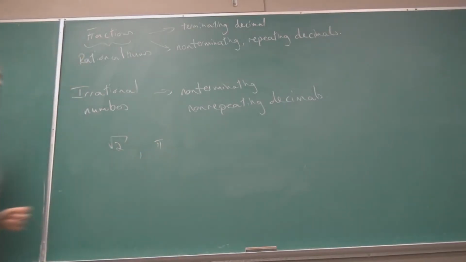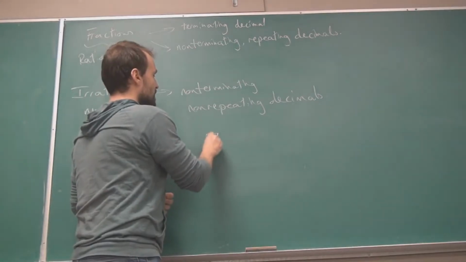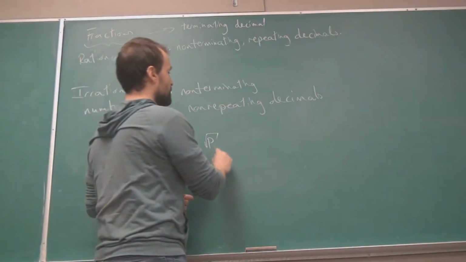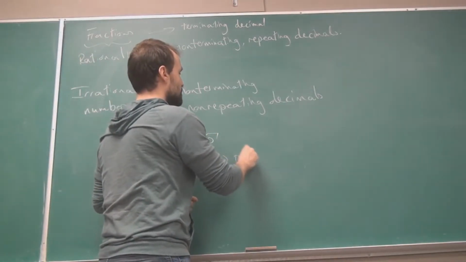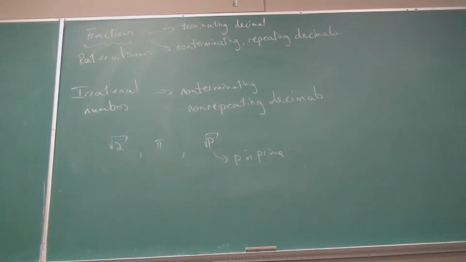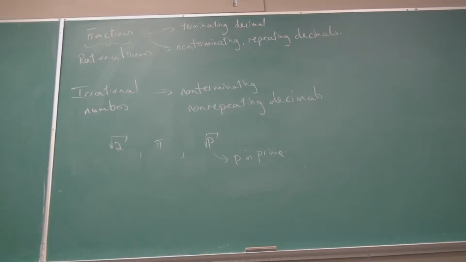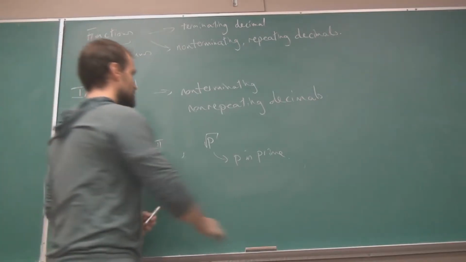Pi is another one that we'll look at when we come to geometry. In fact, among many others, any square root of p, where p is a prime number. Those are very easy irrational numbers to come up with and prove that they're irrational. Not pi, the other one. Square root of 3, 5, 7, they are all non-terminating, non-repeating decimals. And they're, of course, much more difficult to find.